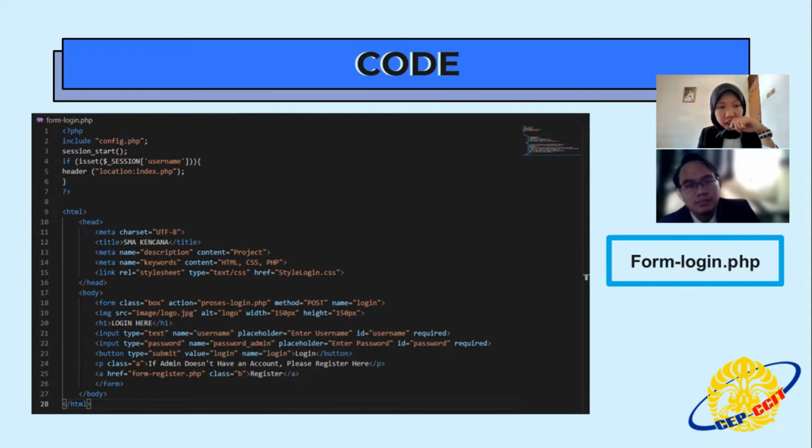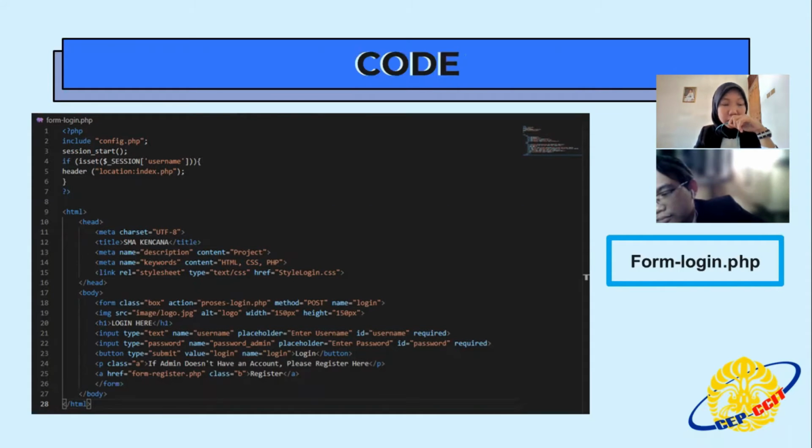And next we use HTML, head, meta charset UTF-8, and we use meta name description, keywords, and style sheet. Next is the body. In the body we use form class box, action process login.php, method post, name login, img src image logo.jpg to use as the background of the login form, and the logo of the login form.